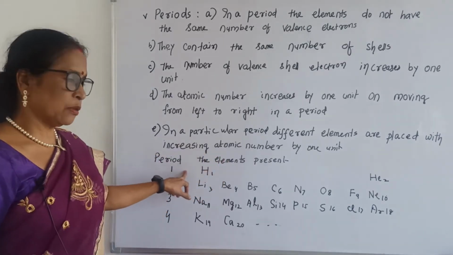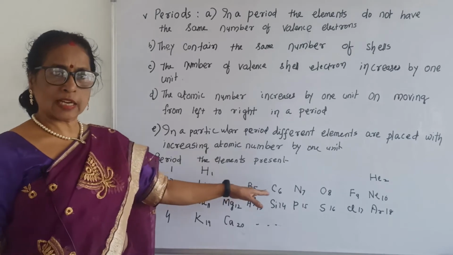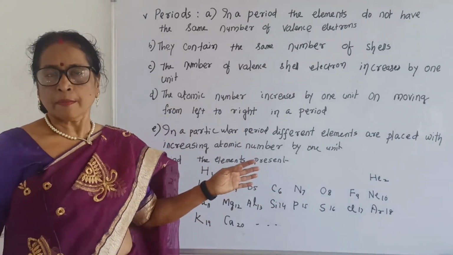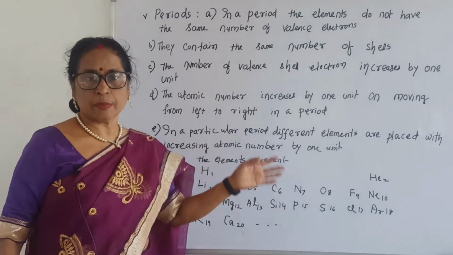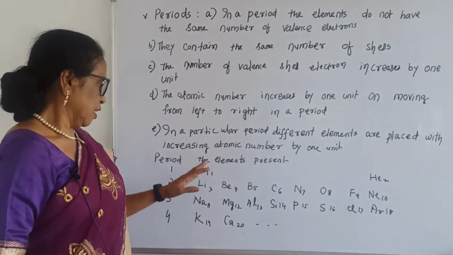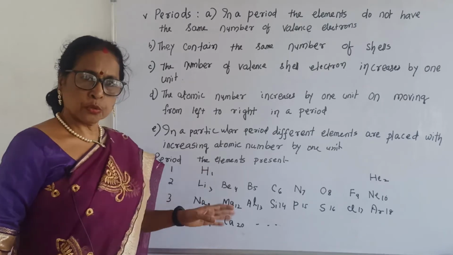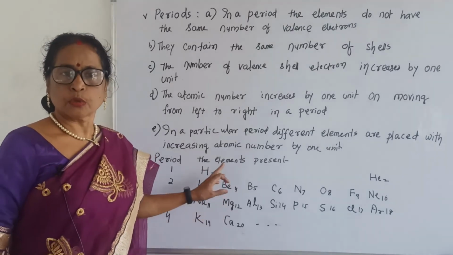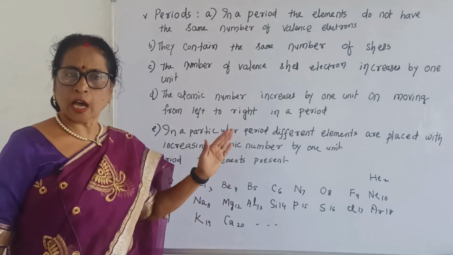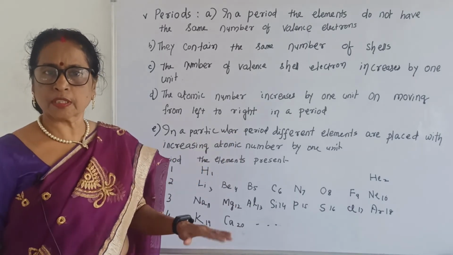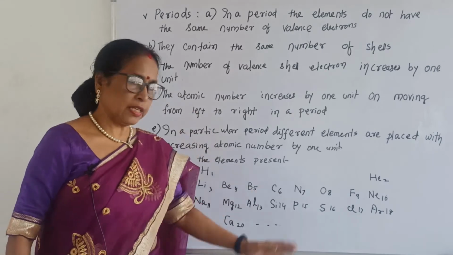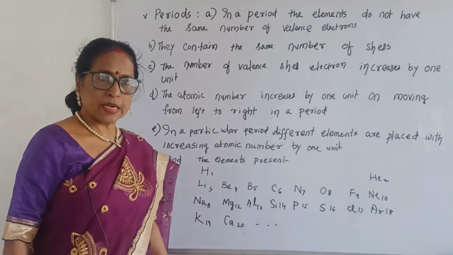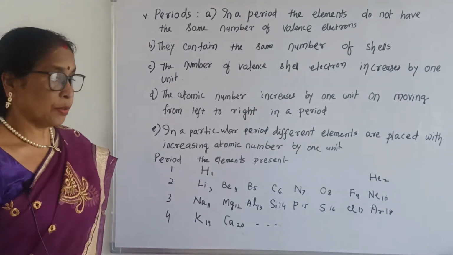The first period: hydrogen, helium, all are arranged according to their atomic number. Second period contains lithium, beryllium, then boron, carbon, nitrogen, oxygen, fluorine, neon. Third period: sodium, after sodium, see it is 11, then magnesium is 12. So sodium, magnesium, aluminum, silicon, phosphorus, sulfur, then chlorine, then comes argon. So these are the periodic elements you should remember, and I hope next